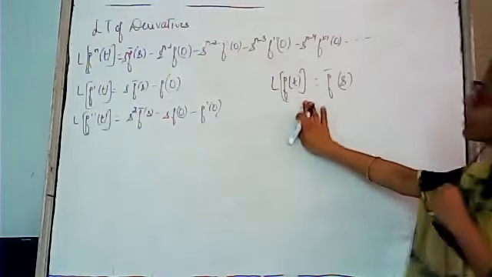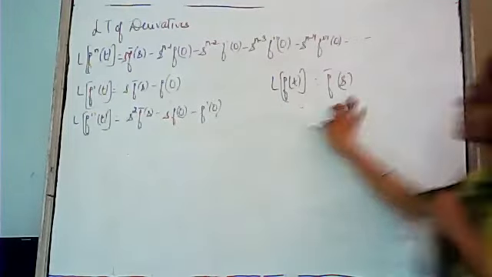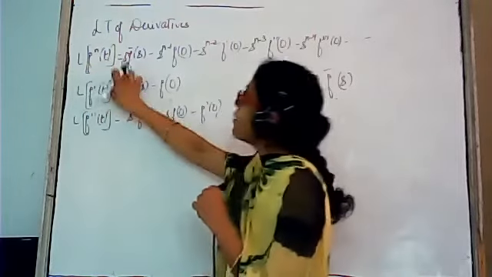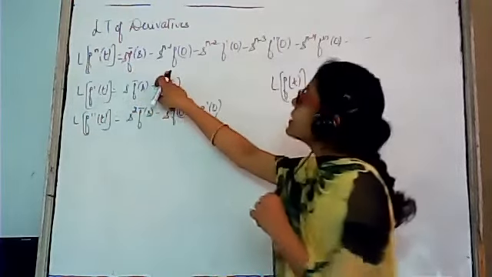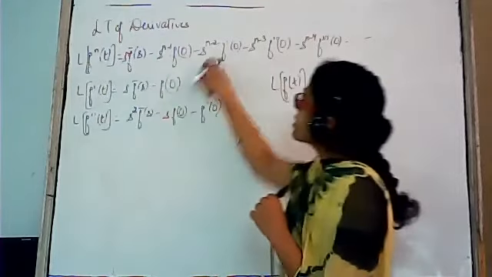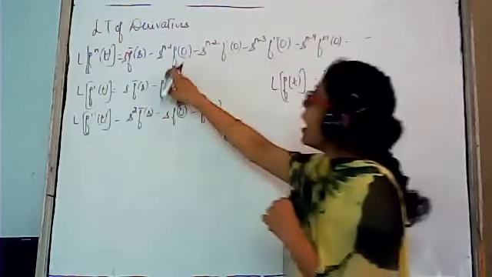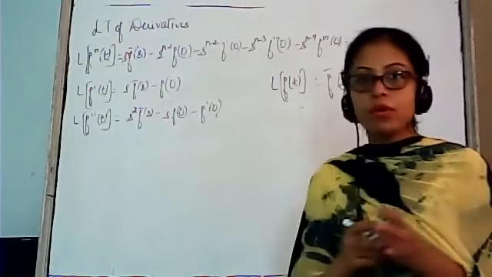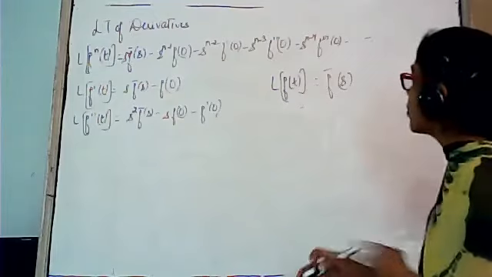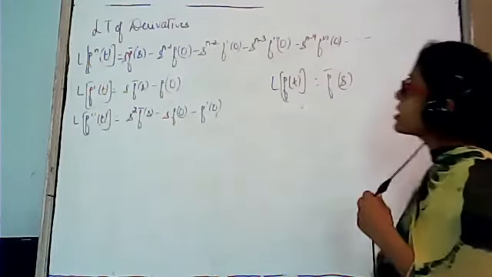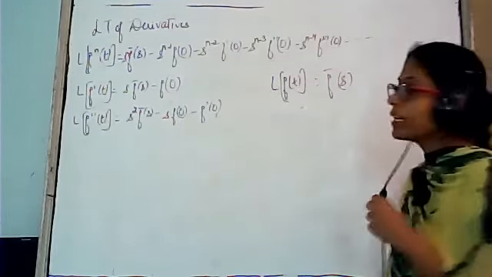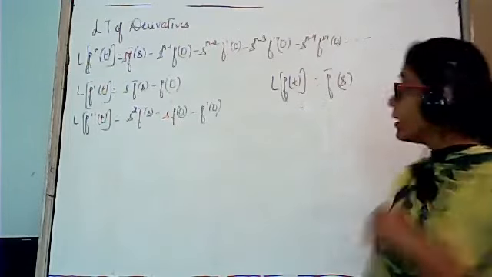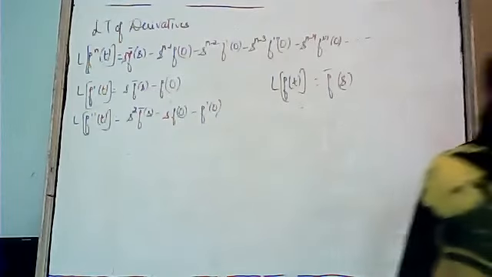तो हमारे पास अगर किसी भी फंक्शन की Laplace transformation f bar s है, then in that case Laplace transformation of nth order derivative will be s to the power n into f bar s. As the power, we are going to decrease the power in the term of s, and we are going to increase the order of the derivative of f at 0. First of all, f of 0, f dash 0, f double dash 0 कहाँ से आएंगे? जो भी हमारे पास फंक्शन दिया होगा उसमें t को 0 पुट करके. ठीक है, क्वेश्चन है इसके ऊपर.